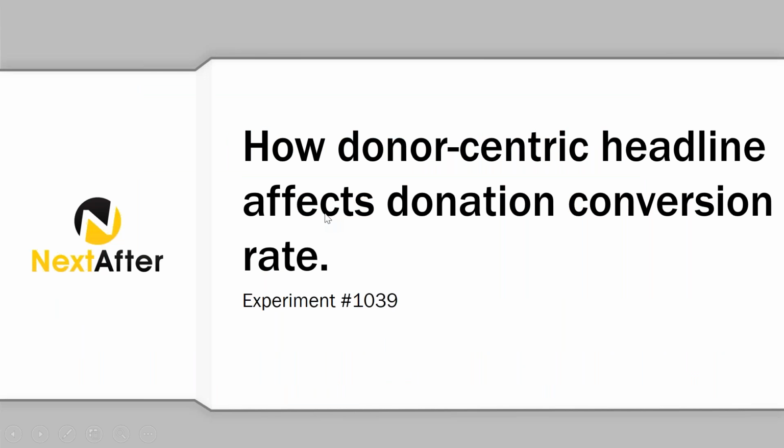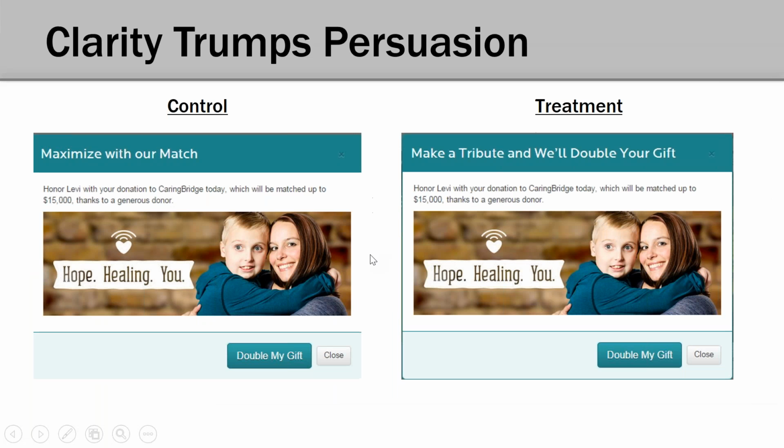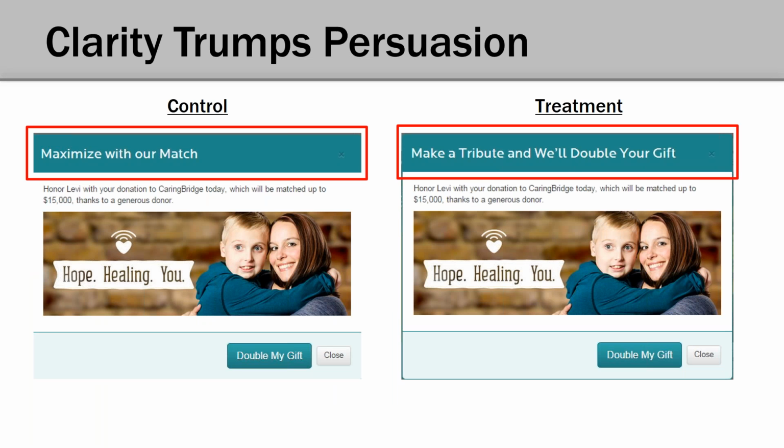Let's look at another one. This one isolates one specific variable, the headline, and how a donor-centric or user-centric headline can affect conversion rate. Experiment number 1039. This is a test that was performed with CaringBridge,